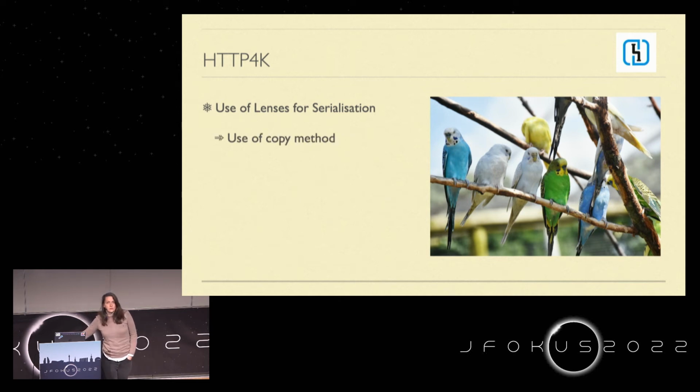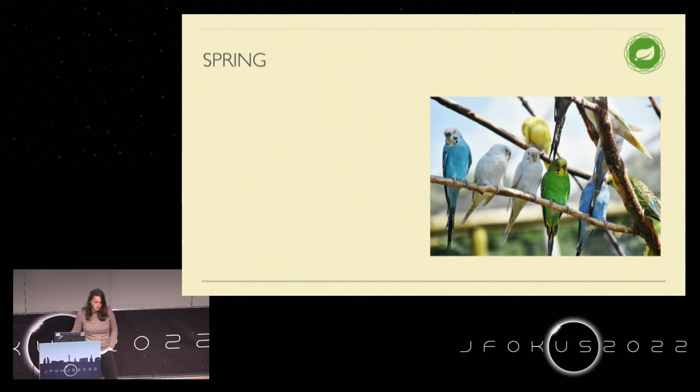Lenses means that it uses a copy method to fill in the class that it will return as a JSON. So instead of using reflection and then modifying one object, it will duplicate it until it's completely populated. It means that it doesn't break immutability, but it generates lots of classes. But it's efficient and it works fine.